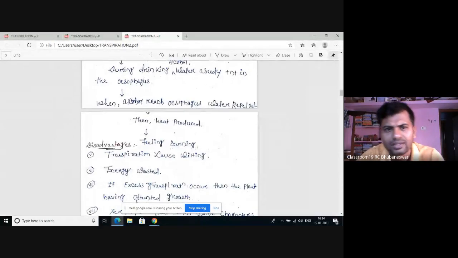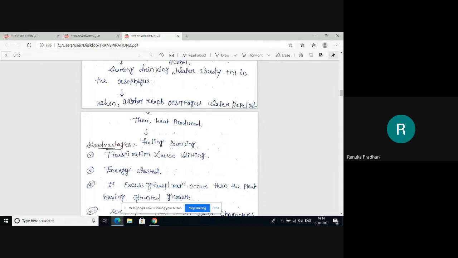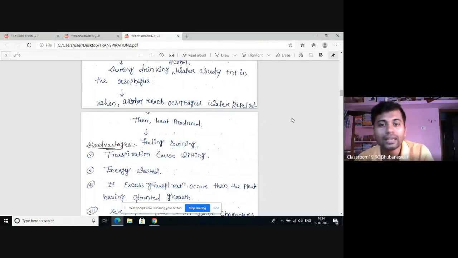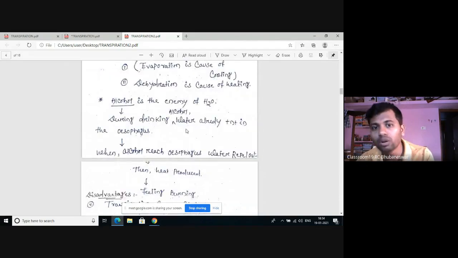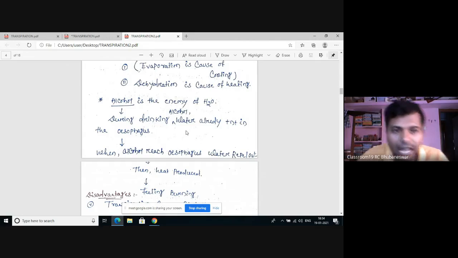The question arises. No. Why? Look at this, due to transpiration, water absorption takes place. The transpiration controls the temperature of the plant. Then during transpiration, a huge amount of water enters into the plant. Along with this water, some minerals like sodium, potassium, chlorine also enter into the plant. It also helps in the mass flow of the ions.